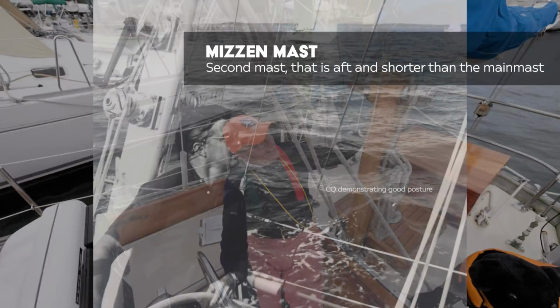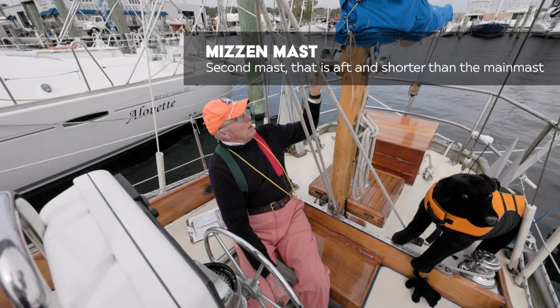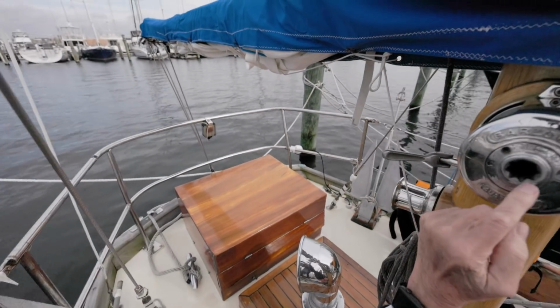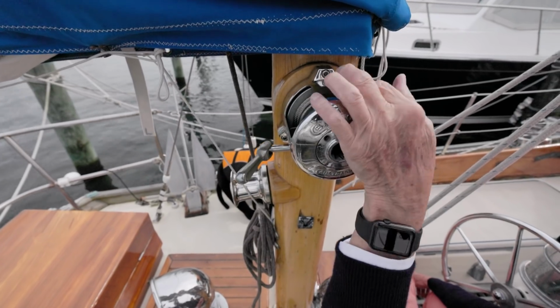It's the posture keeper. Yes, it's been varnished and it's just in wonderful shape. And fresh cleats, and the lines are all tied off properly, and good winches. This is a Barlow, actually. A Barlow drum is captured on there, and then there's a brake handle right here that releases that. So you crank it up and it's under tension, and then you want to let it go. You just take this handle and turn it, point one way or the other, and this will release and the